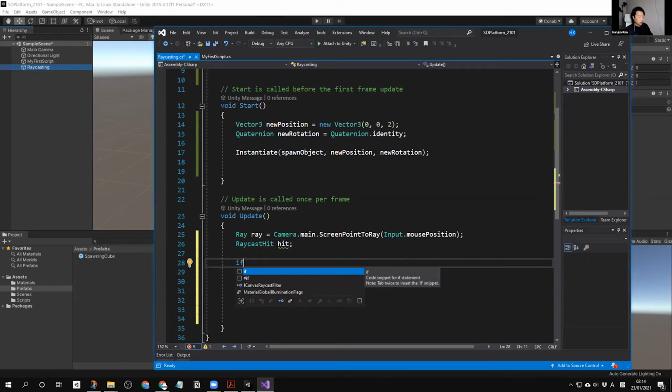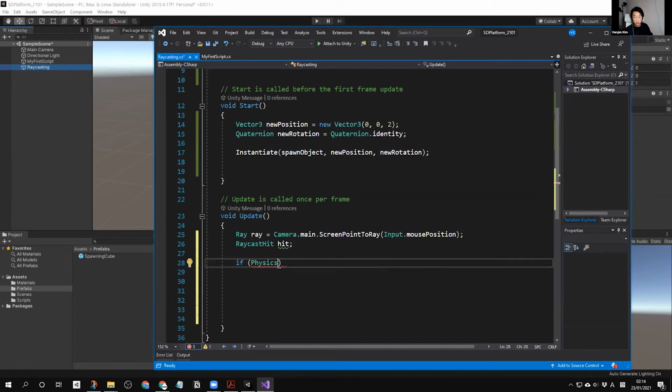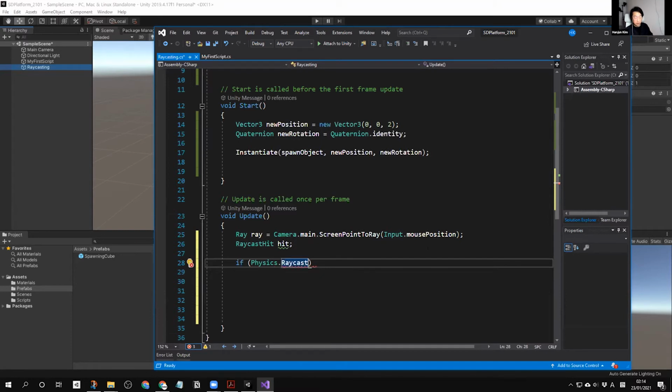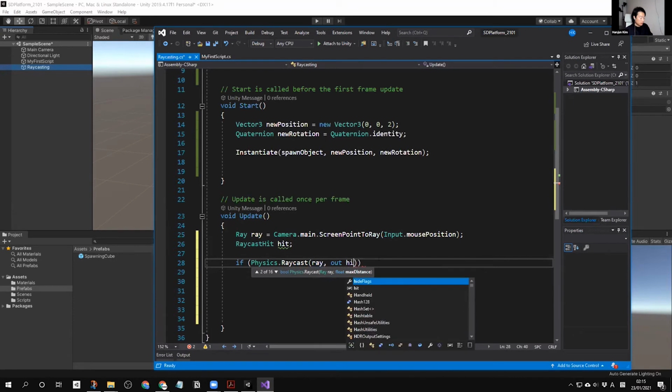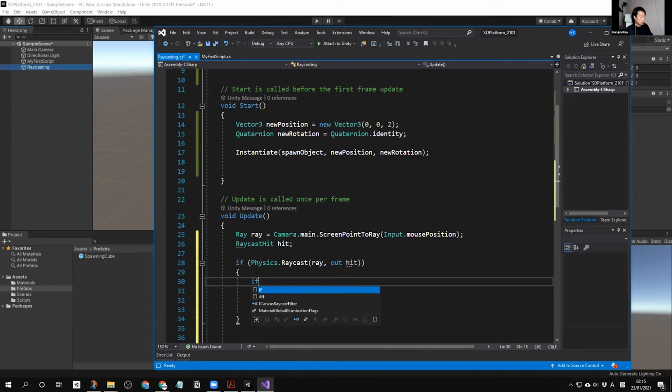And we're going to create an if statement. If it is using Physics.Raycast, it's going to use this one ray, and it's going to output the hit point, and it's going to do something. And then we also said that we're going to use the mouse position. So if,